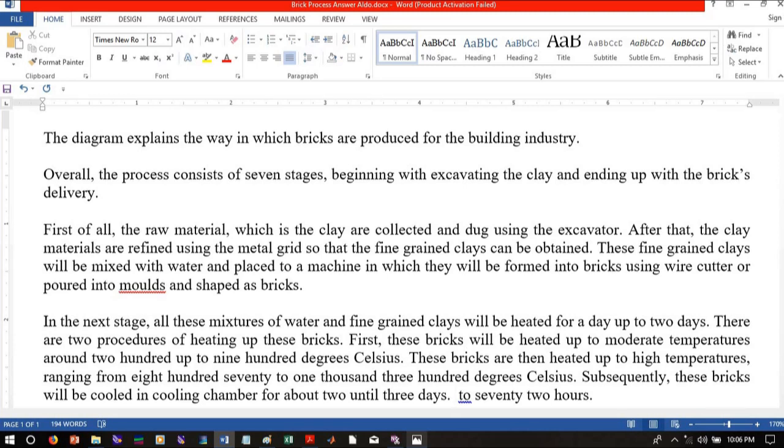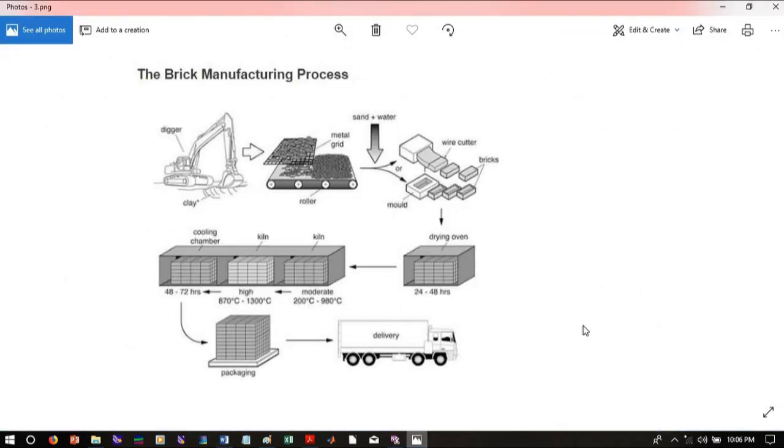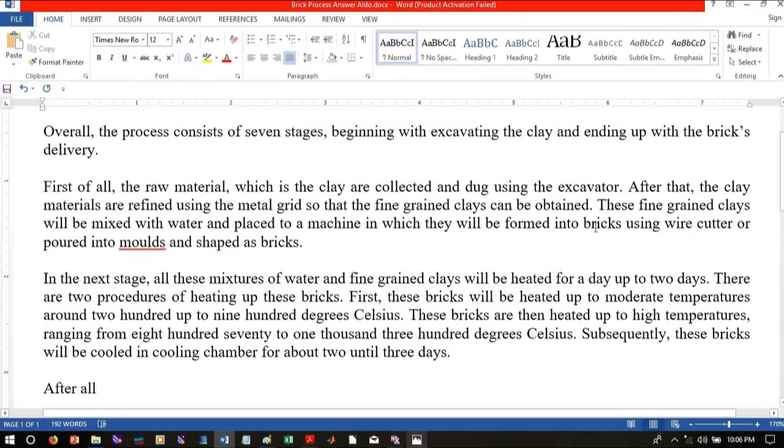So we are done with our fourth step. And then we go to our last step, the fifth step, where we explain the final part, and then we conclude. If you see here, the last one is about packaging and delivery, right? So how do we write these sentences about packaging and delivery? We said after all these steps conducted,